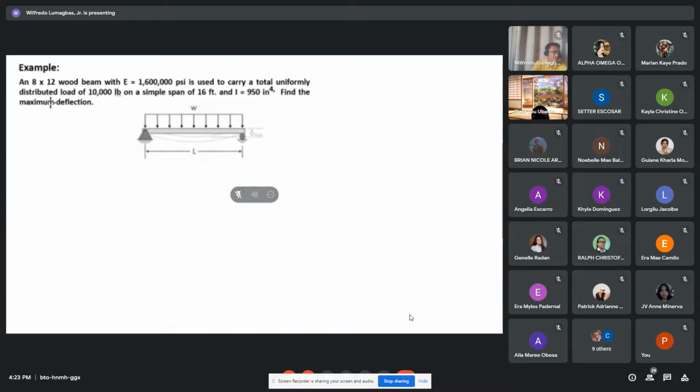Ari na example number 1. An 8 by 12 wood beam with E